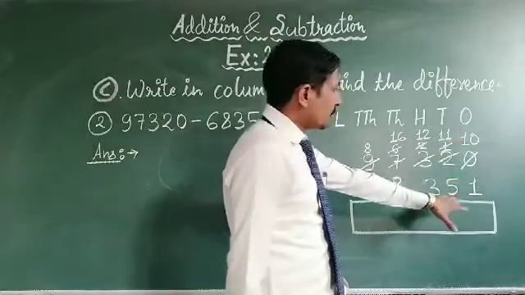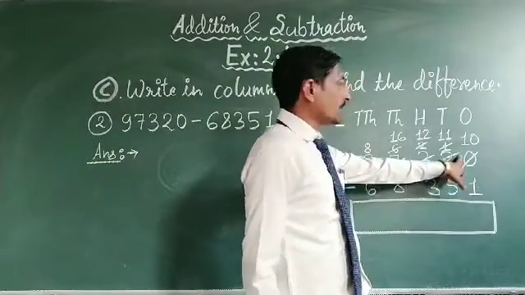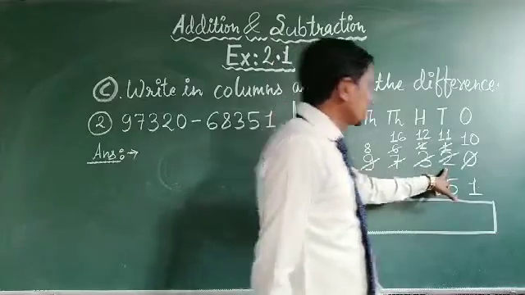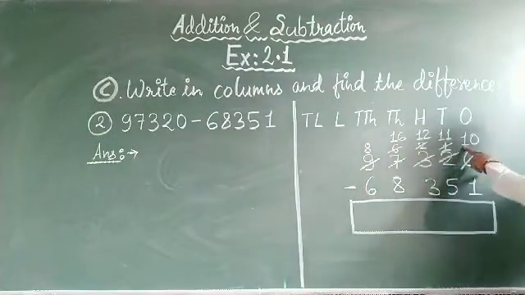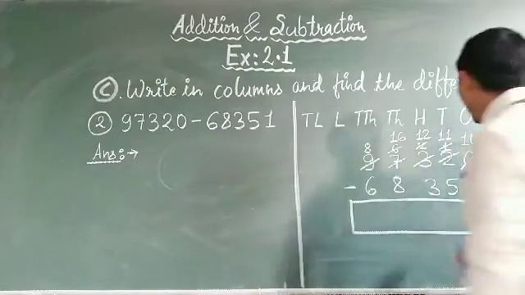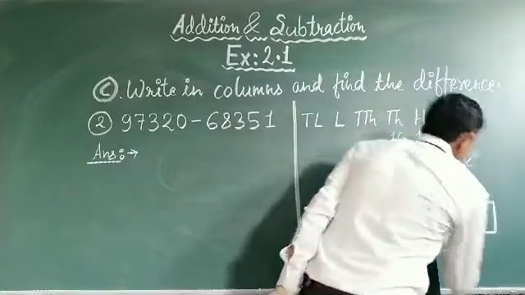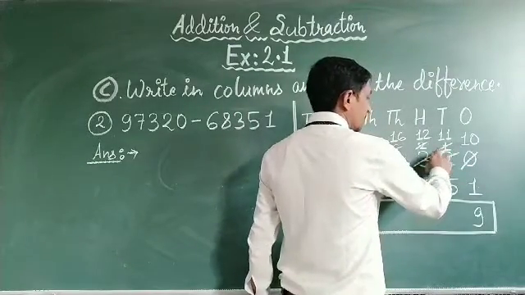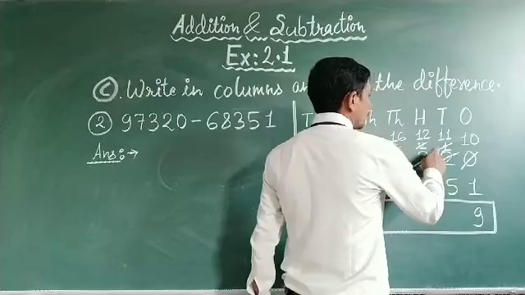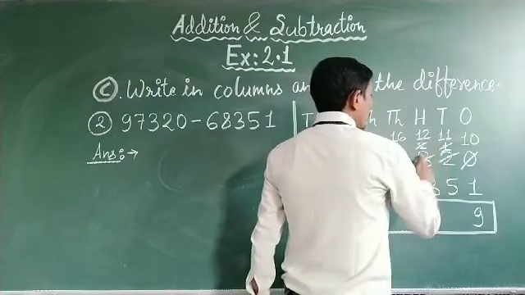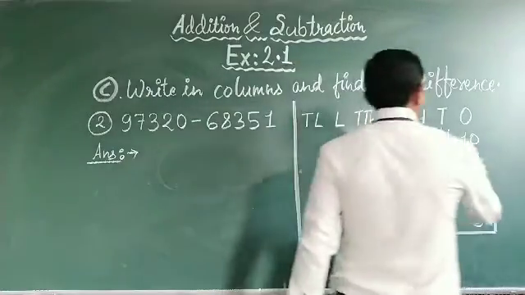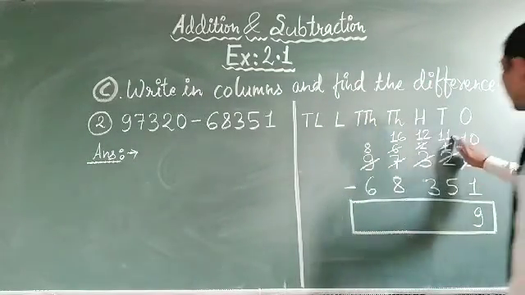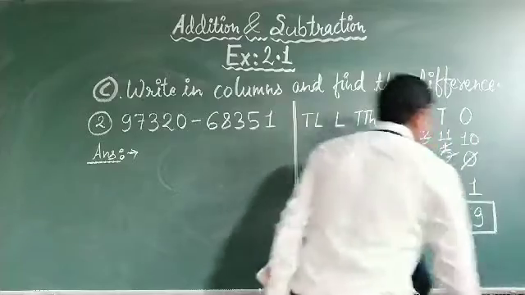Okay, so now you see, we start subtracting from 1's place. You see 1 is not subtracted from 0. In that case we have to borrow 1 from the digit 2. So when we borrow 1, the result becomes 10, and now 1 is subtracted from 10, so our answer is 9. In the same way, now the digit 1 is here, and 5 is not subtracted from 1, so we have to borrow 1 from the digit 3. When we borrow, it becomes 11. So when we subtract 5 from 11, we get the answer as 6.